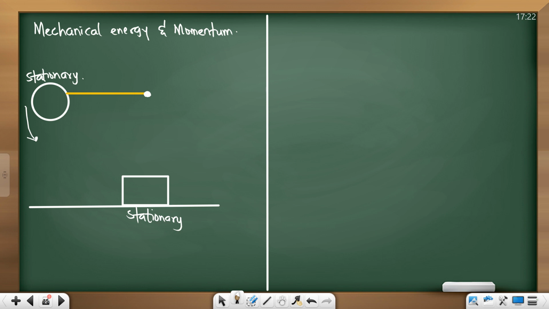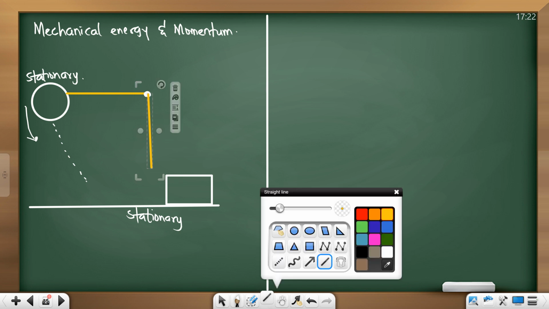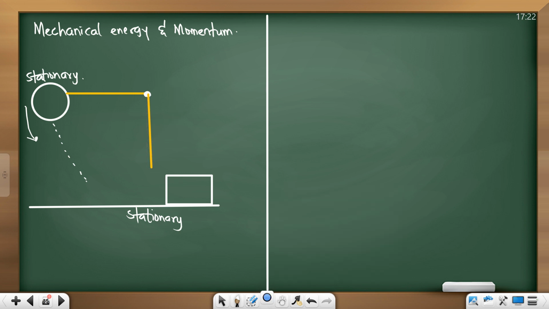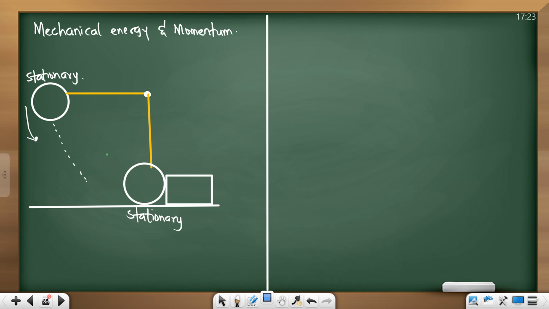Once it is released, what happens? It starts moving, right? Let's move this here. This object will then come and collide. Boom. Please, this is now two things. Here, we are talking about collision,